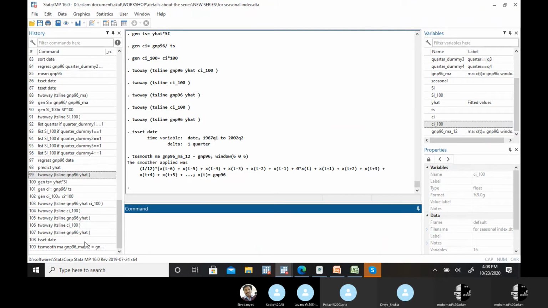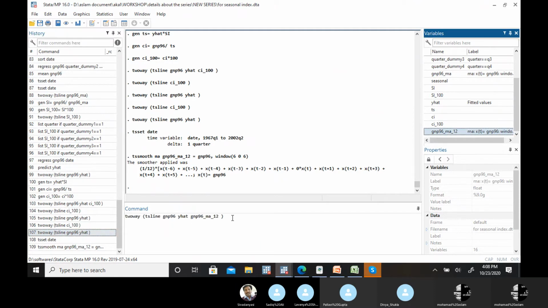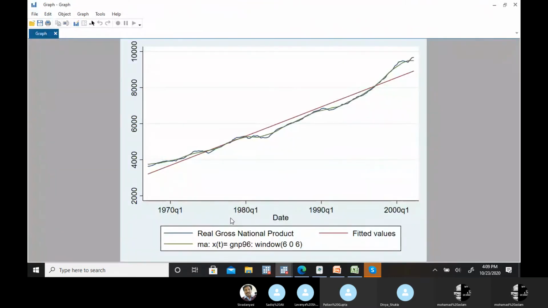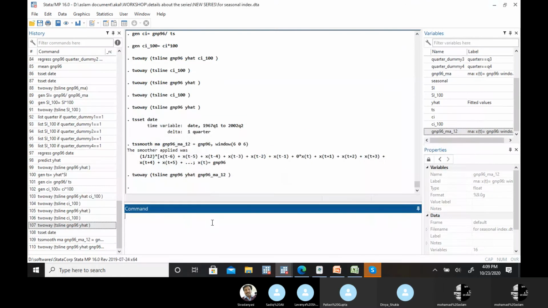Now let's see the graph once again with the y hat and this 3-year moving average. So you can see now this green line.